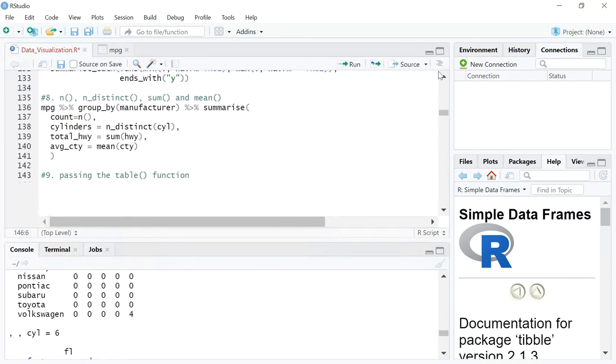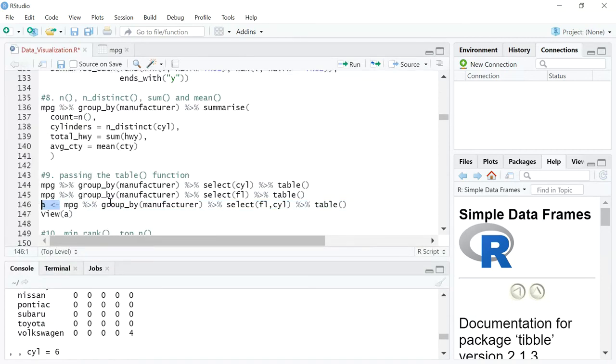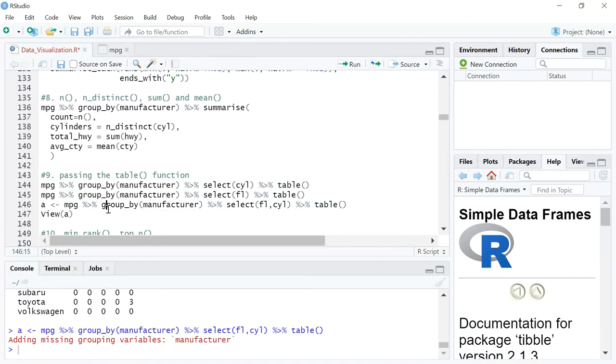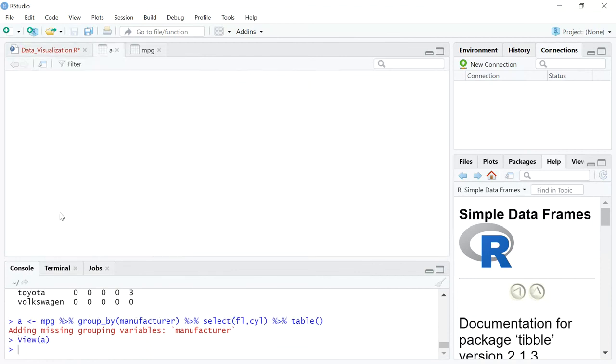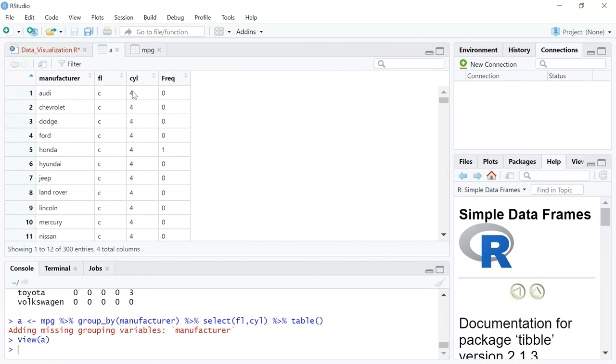Now let's say if I want to print it, what will I do? I will assign it to a variable A, and then let me view A, right? So when I view A, I'm getting all the FL and cylinder combinations, and I'm getting a frequency column. So here frequency is not segregated into different columns. Here I'm getting a single column.